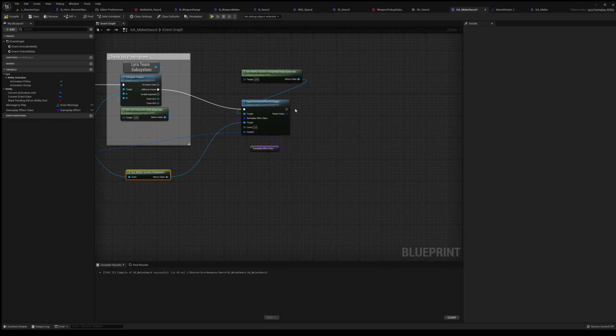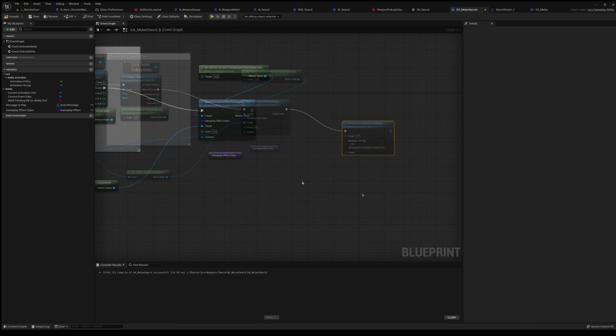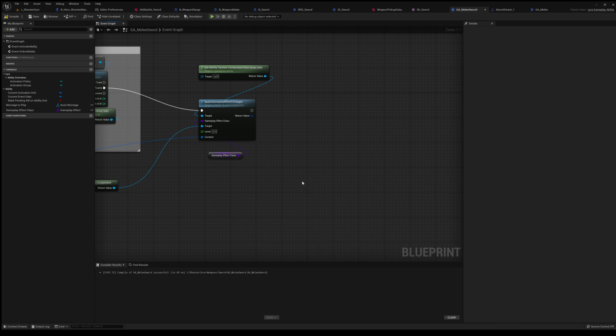Then from there, go over here and execute gameplay cue on owner, and from there we'll have melee hit. What you want to do is right click first, make gameplay cue parameters